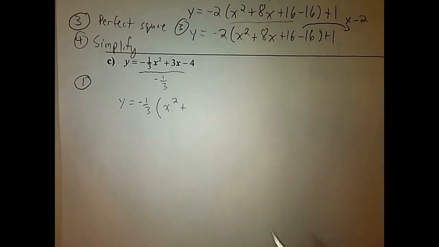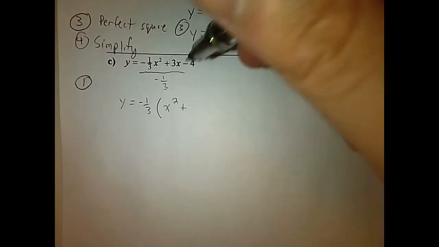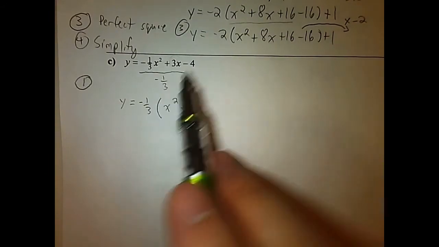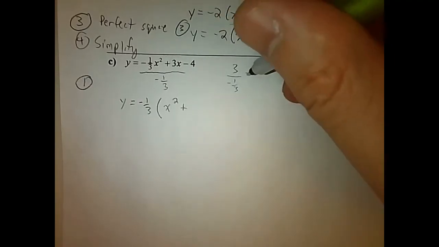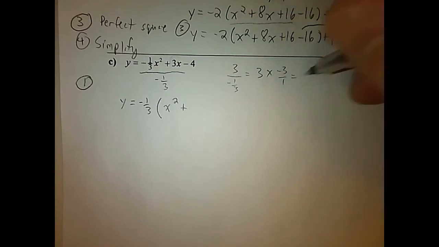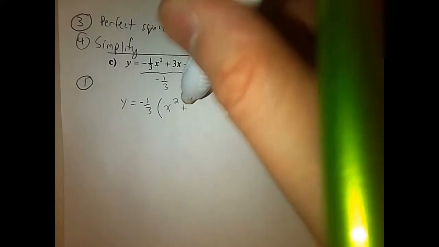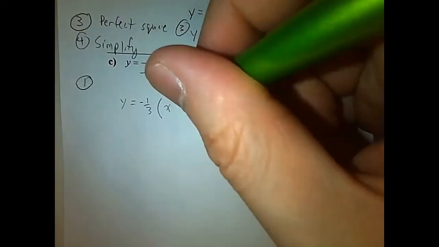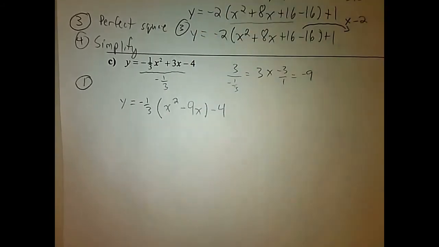If you don't know how to do that, we can remember our principles for dividing fractions, or you could just use your calculator with the fraction button, or whatever form of technology you want to divide these. But 3 divided by negative 1/3 is the same as 3 times the reciprocal, which is negative 9. So it's not plus, it's minus 9x minus 4. And if you're wondering how you know that,